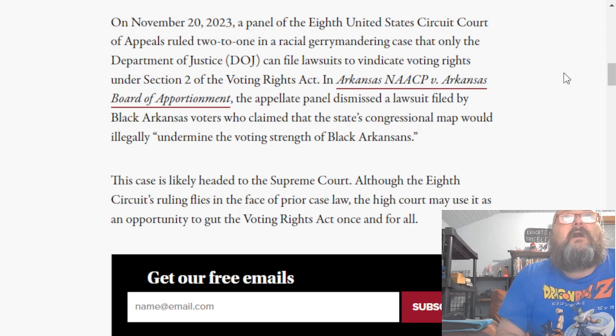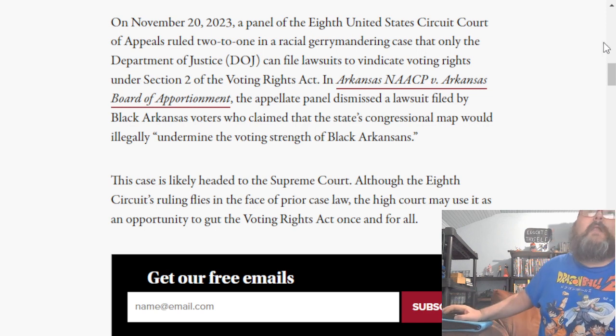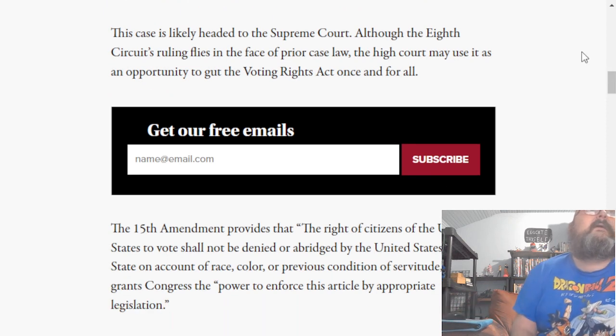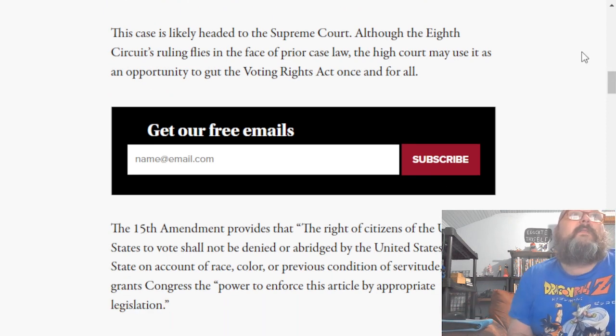In Arkansas NAACP versus Arkansas Board of Apportionment, the appellate panel dismissed the lawsuit filed by Black Arkansas voters who claimed the state's congressional map would illegally undermine the voting strength of Black Arkansans. The case is likely headed to the Supreme Court, although the Eighth Circuit's ruling flies in the face of prior case law. The High Court may use it as an opportunity to gut the Voting Rights Act once and for all,